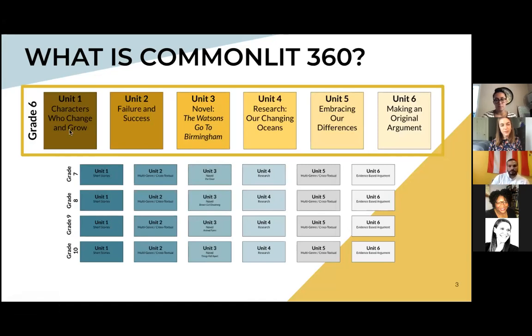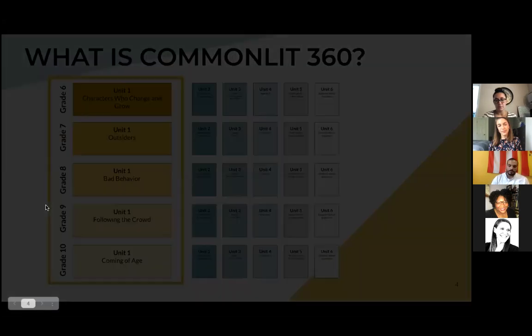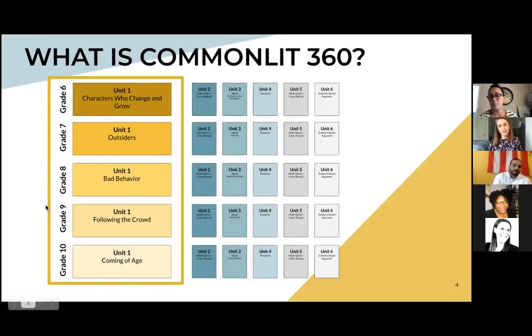As you look at the progression across a grade, you'll notice that our units build in terms of rigor. So students move from reading single stories in terms of short fiction here to reading multi-genre and making cross-textual connections, all the way to our novel units where students are actually reading longer pieces of work. It also grows in terms of the writing expectations. So here in Unit 4, students are writing a research paper, as well as in Unit 6, students are writing an argument.